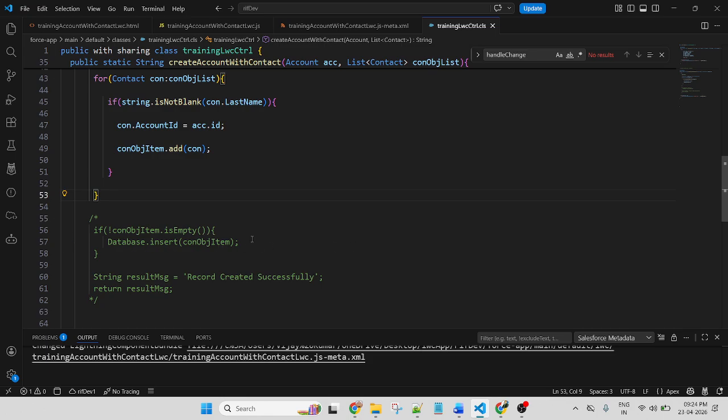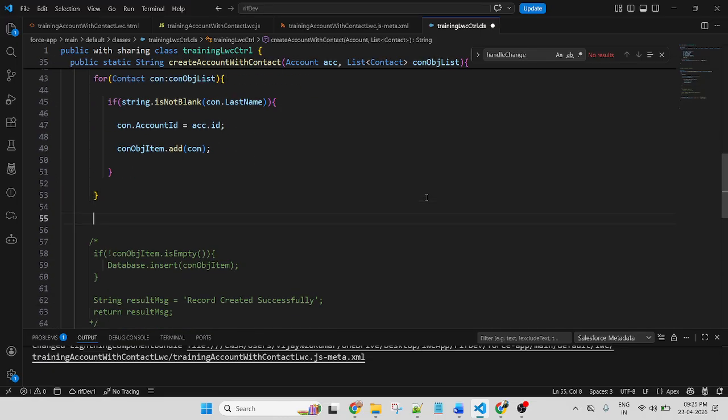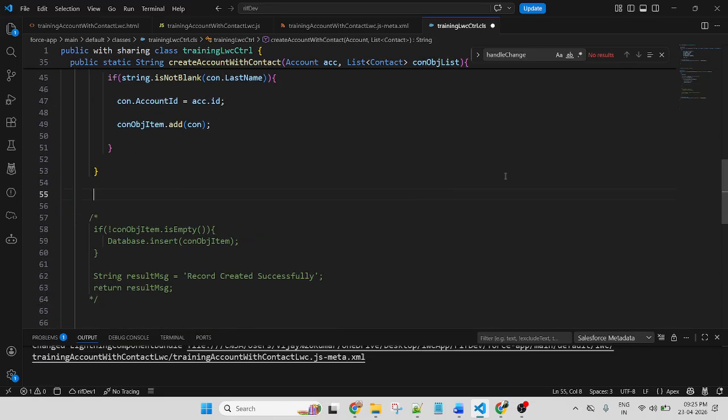So this is a database.insert. How to track how many records were created successfully and how many records failed?